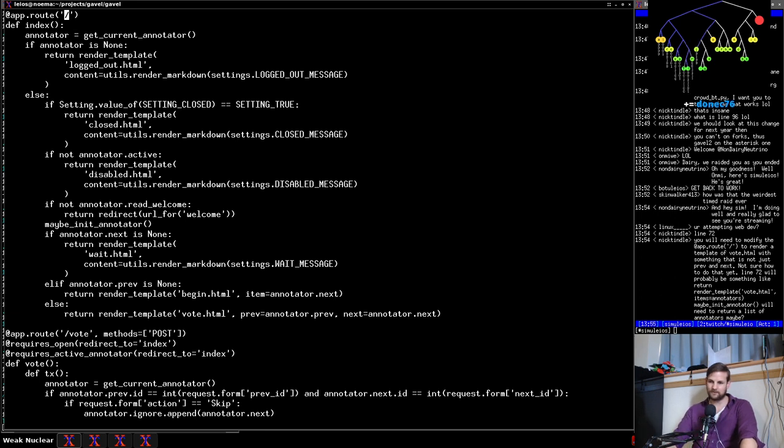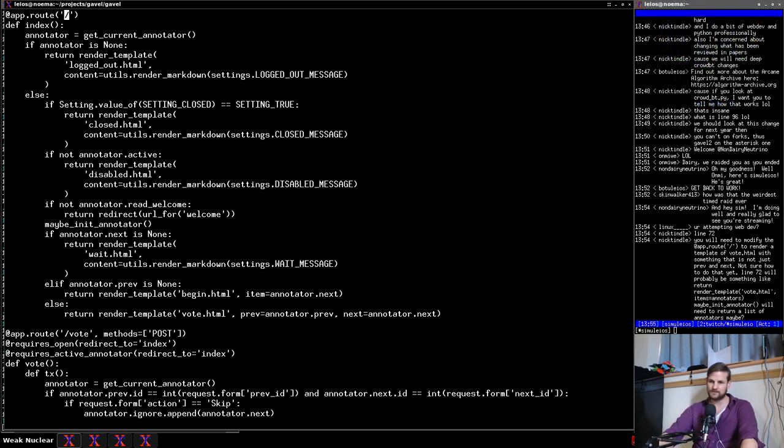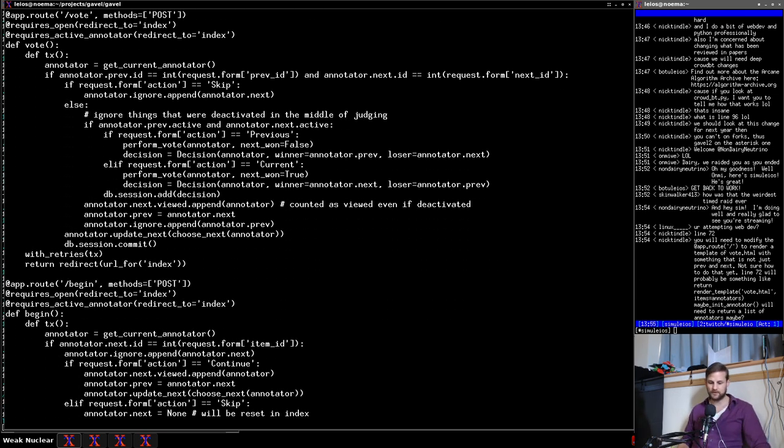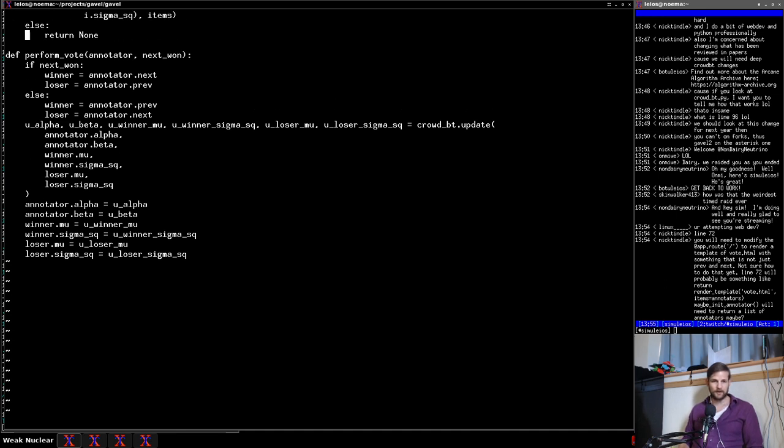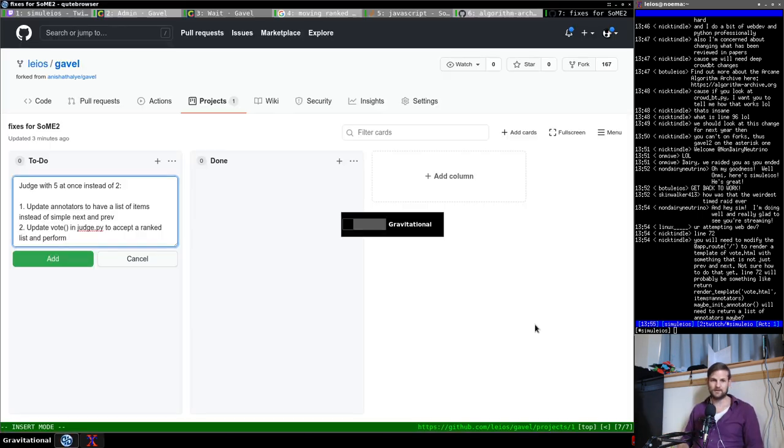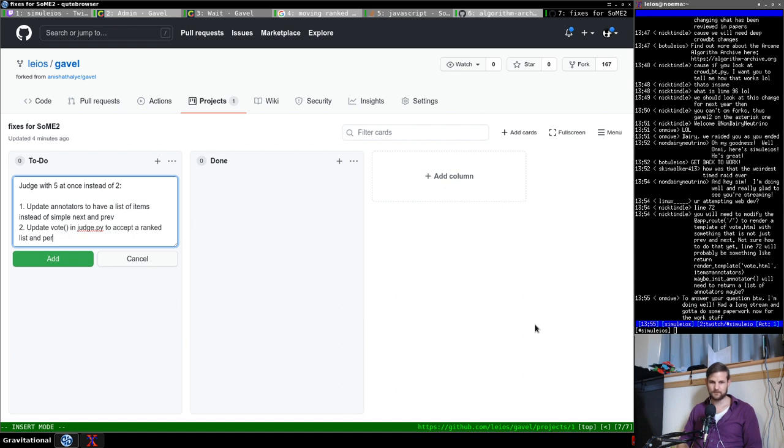You need to render a template of vote.html with something that is not just previous and next. I'm not sure, right, so that's one thing we have to do. I haven't gotten into the vote.html changes yet, but I'm going to add that in, probably word for word what you just wrote down. Okay, so then down here for perform vote, we need to modify this so that it will read in, oh no, what are we doing here? Oh yeah, so perform vote, vote, and then we also have to go down here and do 3, update perform vote